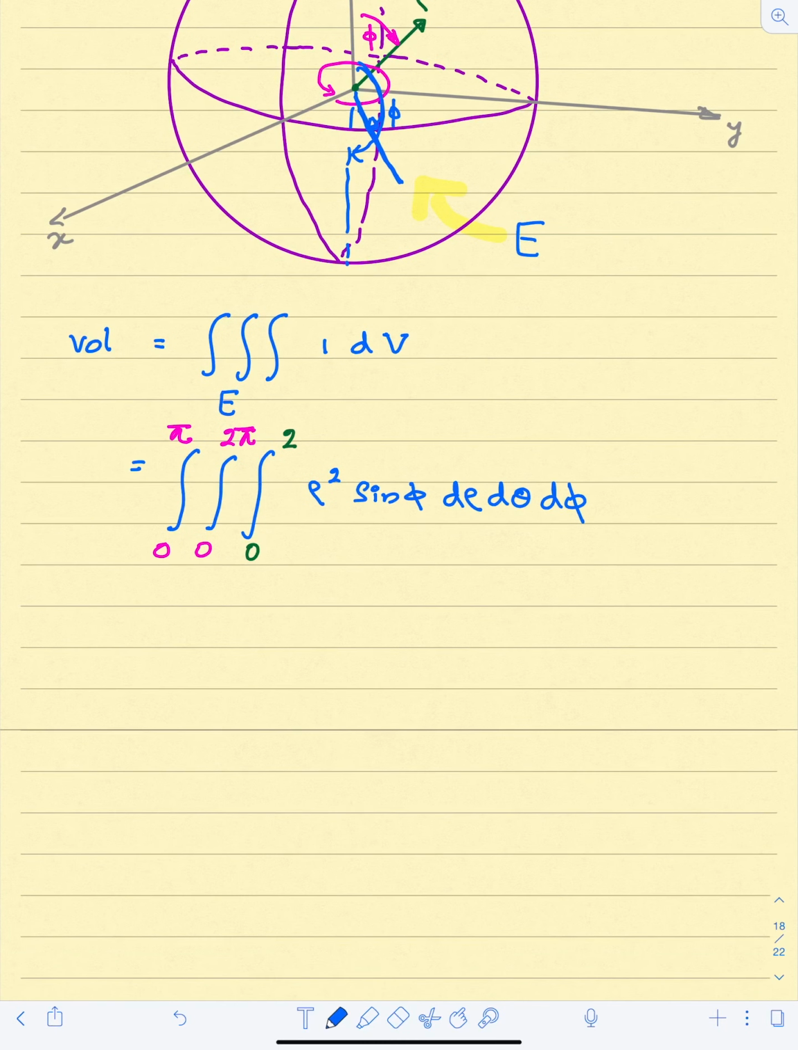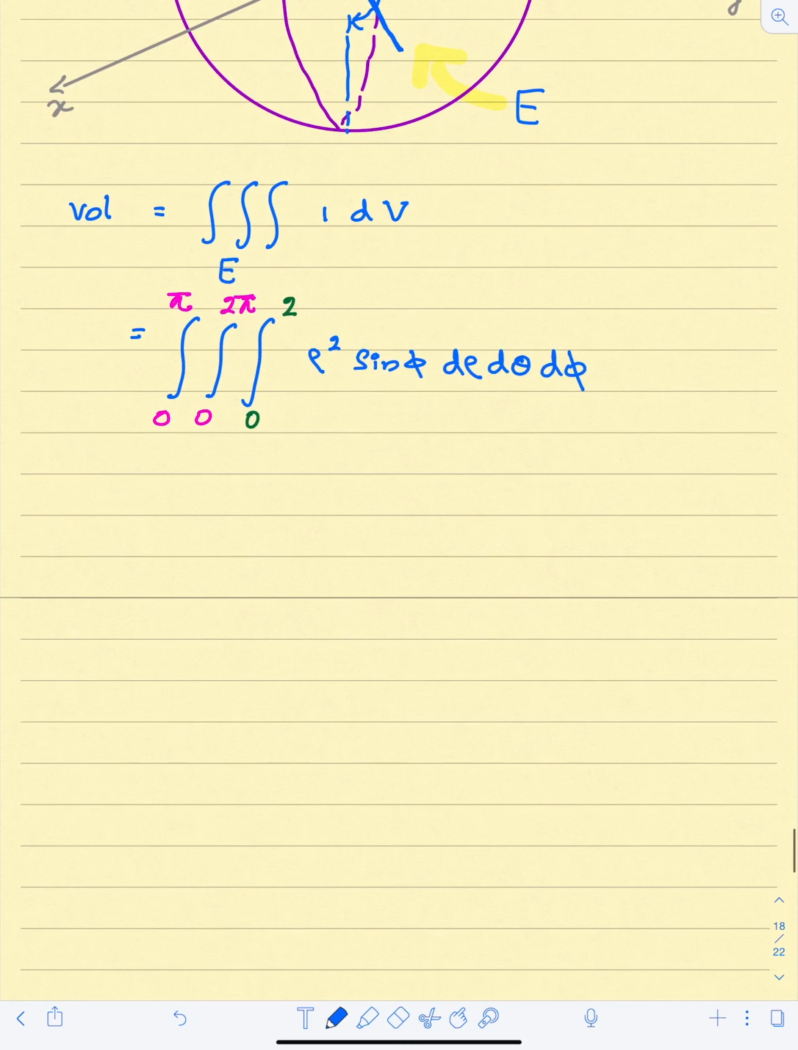Great. Now let's integrate this. My first variable of integration is rho. Therefore we can treat this sine phi as a constant. Okay. So we have the integral from 0 to pi, integral from 0 to 2 pi. Let's take the sine phi term out of the inner integral. Then we have this d rho d theta d phi. Okay, integral of rho squared